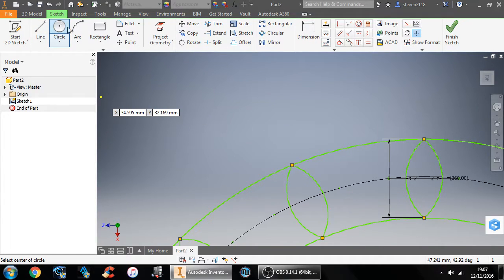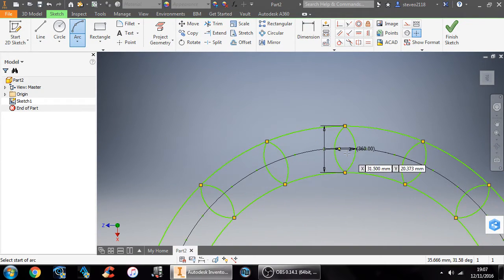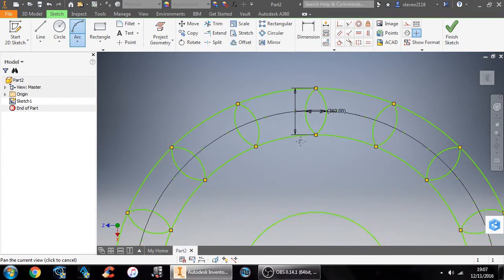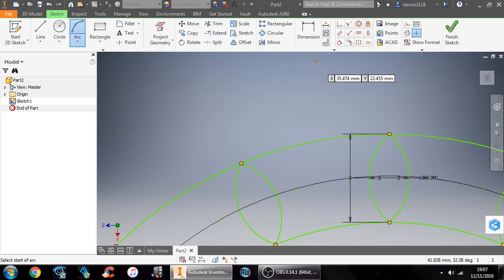I'm going to do exactly what I did before, but this time I'm going to make my petal a bit bigger. Now there are more precise ways of doing this, but just for the purpose of this video, I'm just going to keep it nice and loose, just as an example. I'm going to find out what those dimensions are from that point to that point,